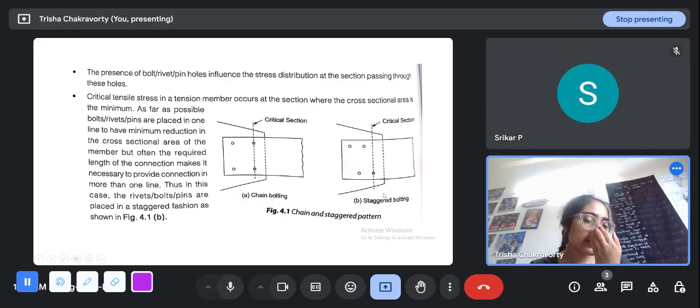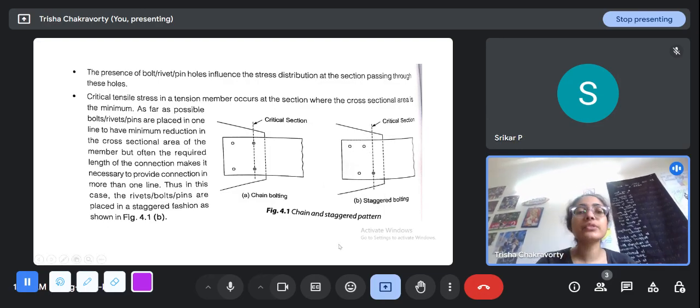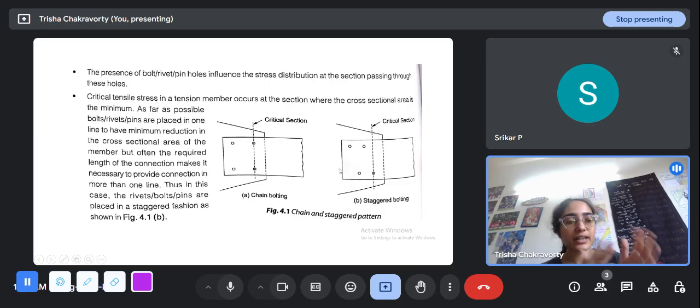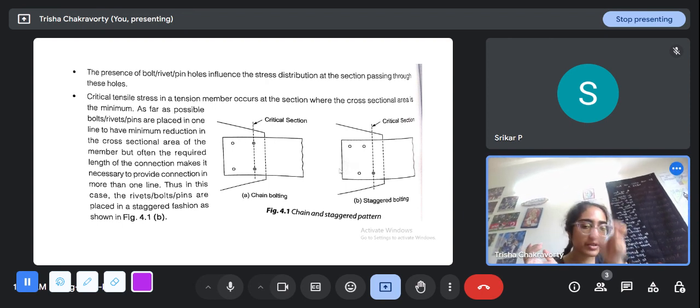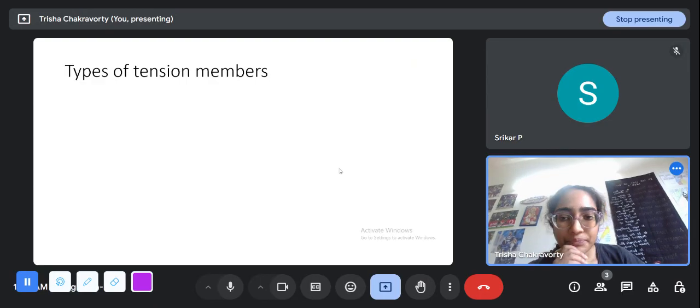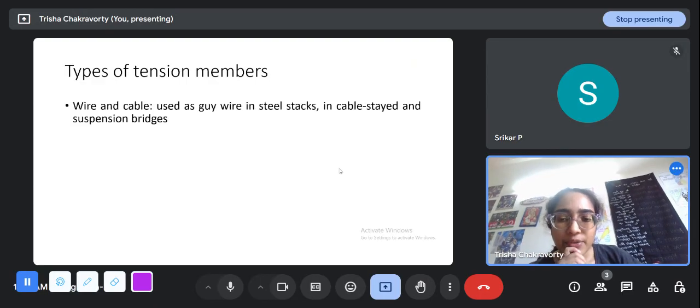We know that for tensile strength, to get the net area in staggered bolting for tension, first we have to subtract the number of bolt holes, and then we add a term p squared by 4g. So that gives an effectively greater net area than if all the bolts are placed in one line perpendicular to the application of tension. Types of tension members: wire and cable,